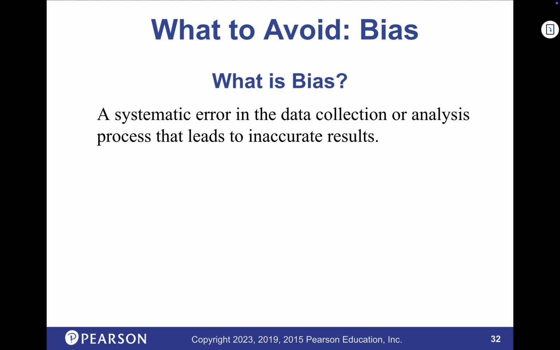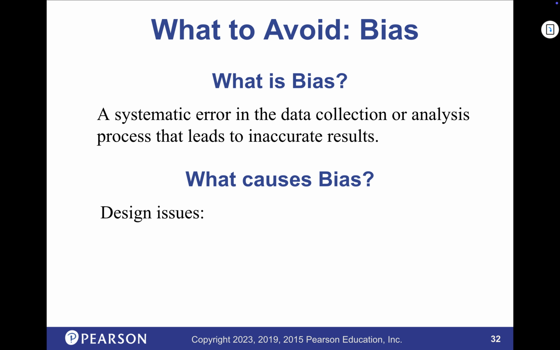We don't intend it. It's not saying we're intending to get this bias, although sometimes that is the case, right? And we'll talk about that. But we get inaccurate results because of this. So it's systematic error. And we've got to watch out for it, because we may think, oh, I'm good, I'm not going to try to do this. No, it can still happen anyway. What causes bias?